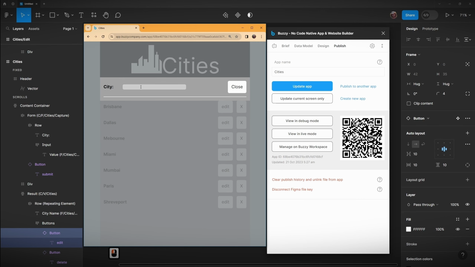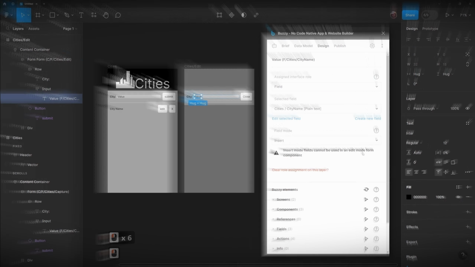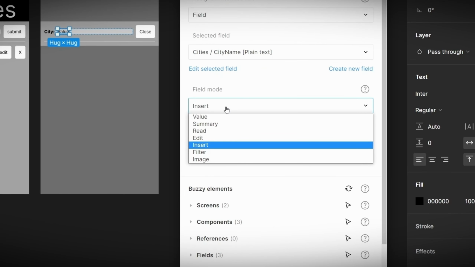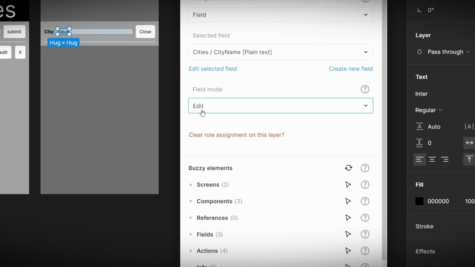Something is amiss. Iterating and checking for errors is standard practice. I know what we forgot to do. We did not change the layout mode on the element we copied over. It's still in insert mode. We want it to be set to edit mode, as it is now inside a form component that is set